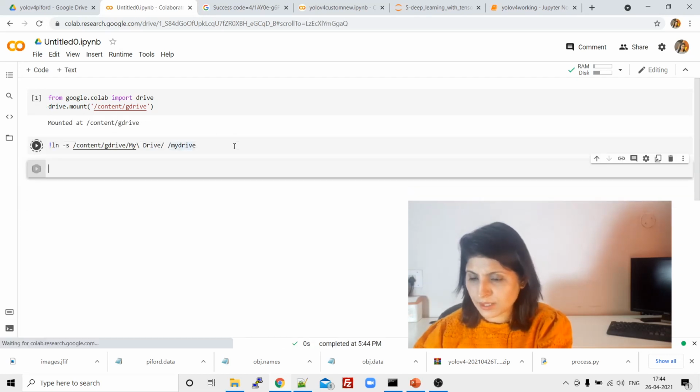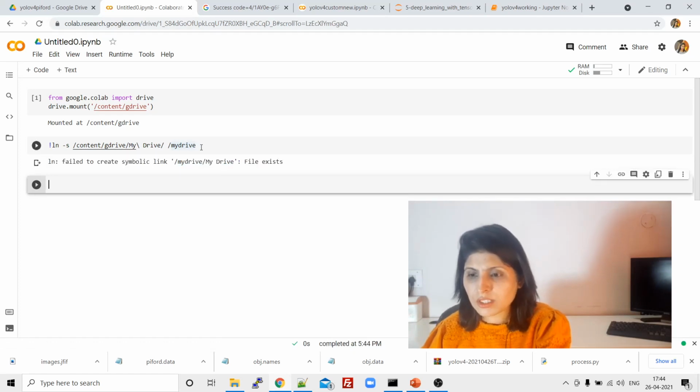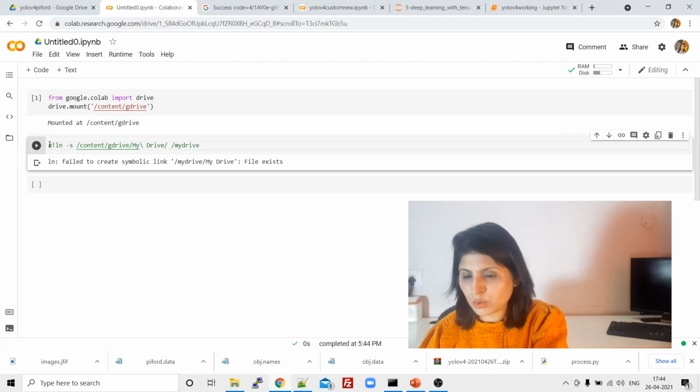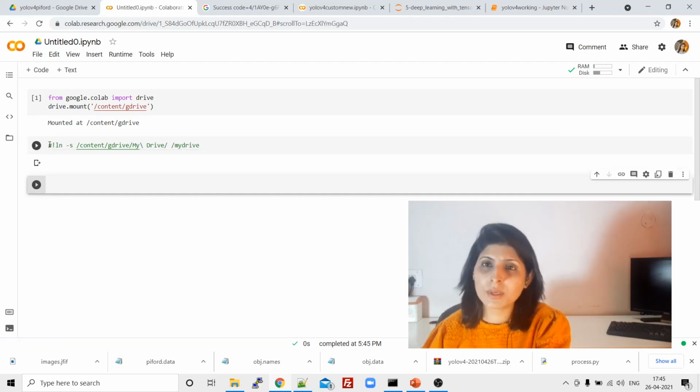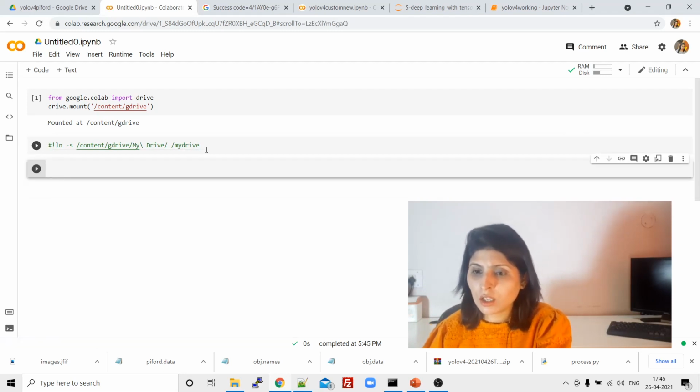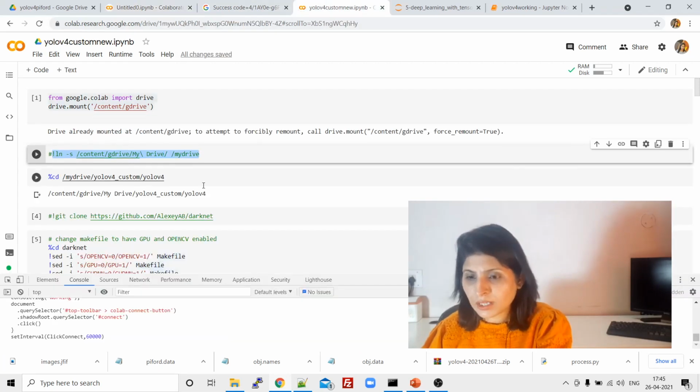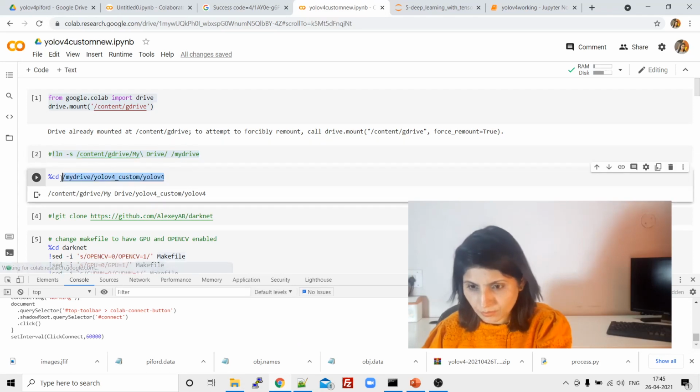Now let's run this cell. What is the purpose of this cell? This cell executed once, so that's why it's giving me an error when I executed it again. What this cell simply means is that you can write this instead of giving your whole drive address. After that, the next step is